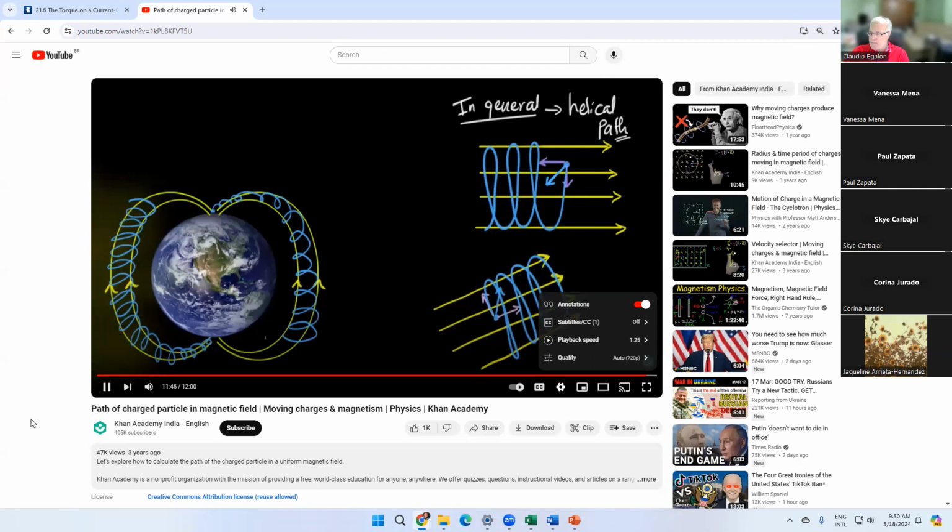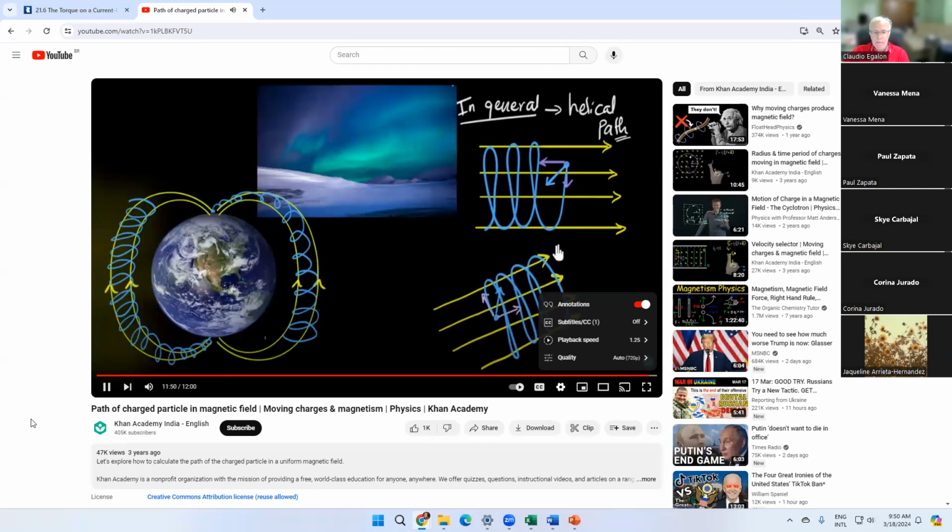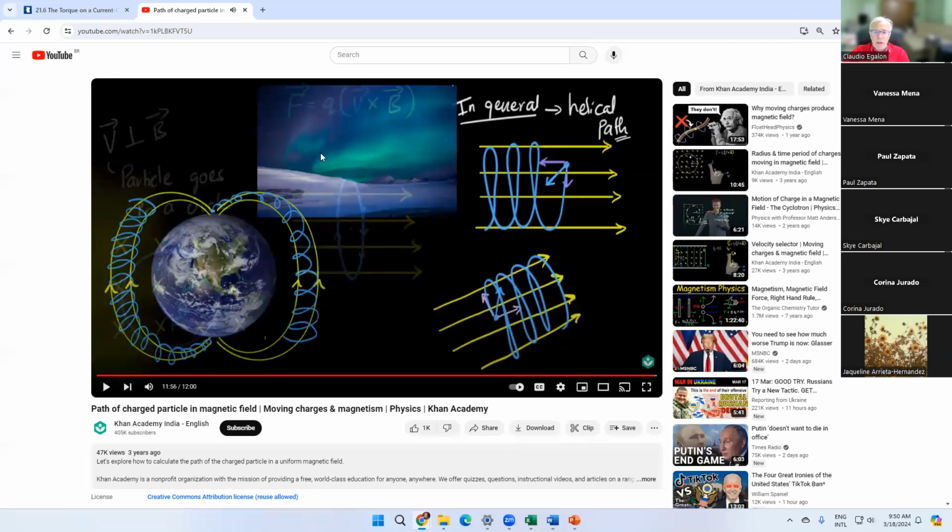And when these charged particles enter the atmosphere, they interact with the atmosphere, causing these beautiful auroras. And that's why you only see them at the poles. And don't forget, all those auroras that you see here are a result of the interaction of the charged particles with the molecules in the Earth's atmosphere. And the colors of the aurora depend on the molecule that the charged particles are interacting with, okay? If the charged particles interact with the oxygen of the Earth, you see one color. If the charged particles interact with the nitrogen in the atmosphere, it's going to be a slightly different color, and so on, okay?